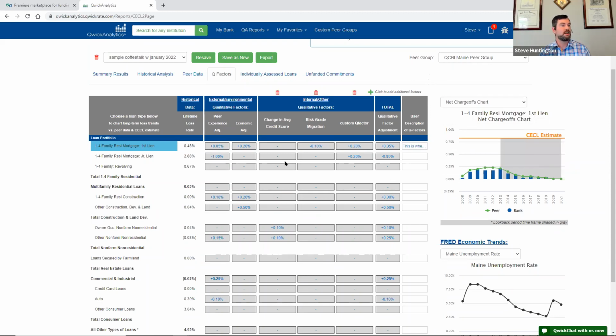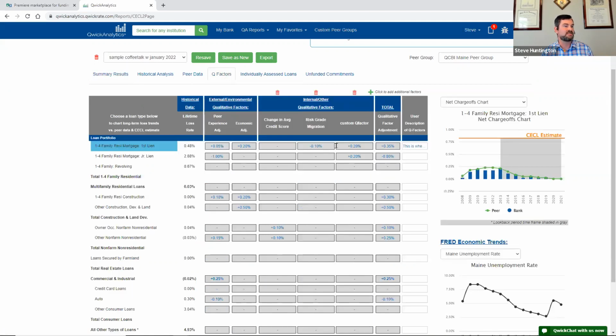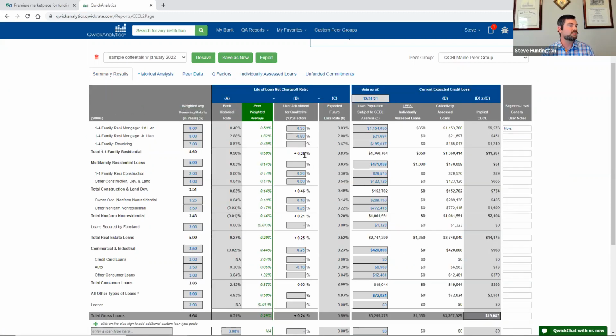There's also a shortcut. While some people really want to dig in here and do a lot of custom qualitative factor adjustments by segment and kind of build up to a total net Q factor adjustment, if you're running it for the first time and you just kind of want to spitball some quick scenarios and you don't really feel like digging into the details with the Q factors, right here on the summary tab, you'll notice this net adjustment matches the sum of all these that we have here. But you can always just come in here and say, hey, let me see what happens if I put a 1% total Q factor adjustment for my revolving 1 to 4 family. You can plug in a 1% there